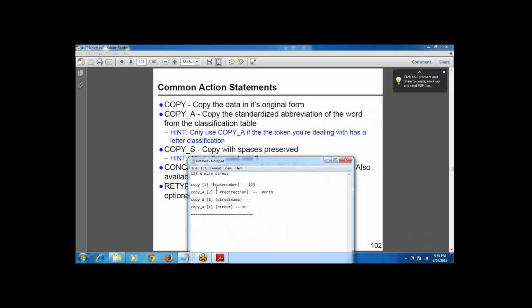Let me tell you with the same example. Let's consider first you copied this value. Just now I copied the first value and put it into the temp variable. This time I didn't specify any braces, which means this is a temporary variable. I'm just using it in this particular pattern. Then, instead of copy underscore a of 2, what I will do is